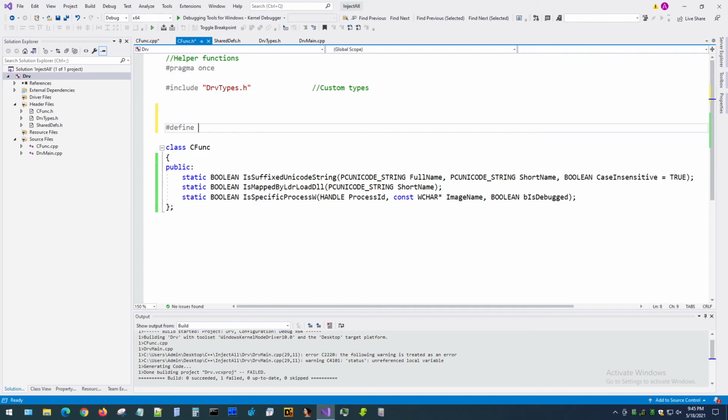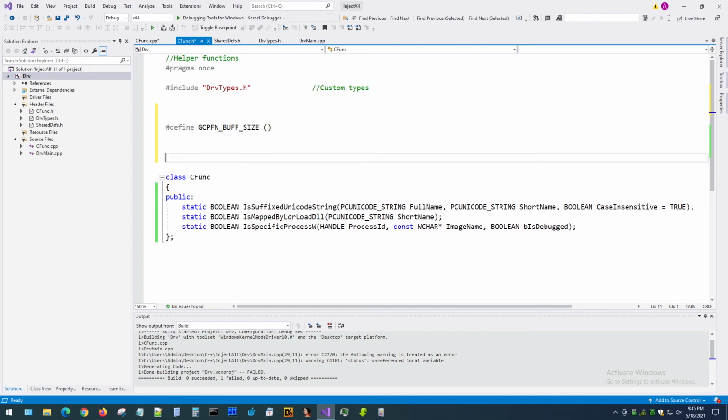Well, what I would say is that let's just call it get cp function. It's just the name of the function abbreviated. And what this is, it's a size of Unicode string. It's kind of like the maximum size of the buffer, max path plus 1